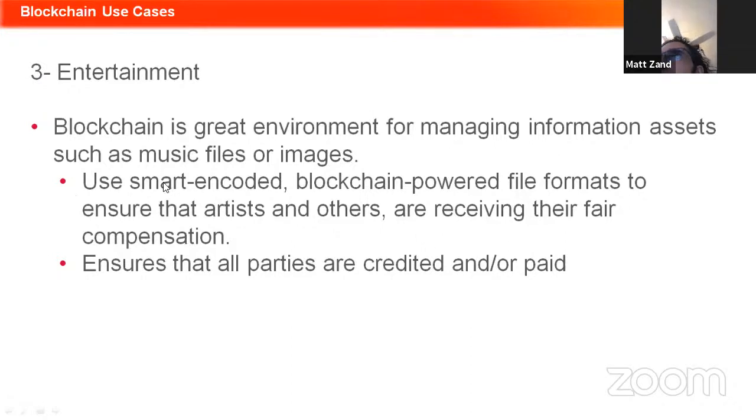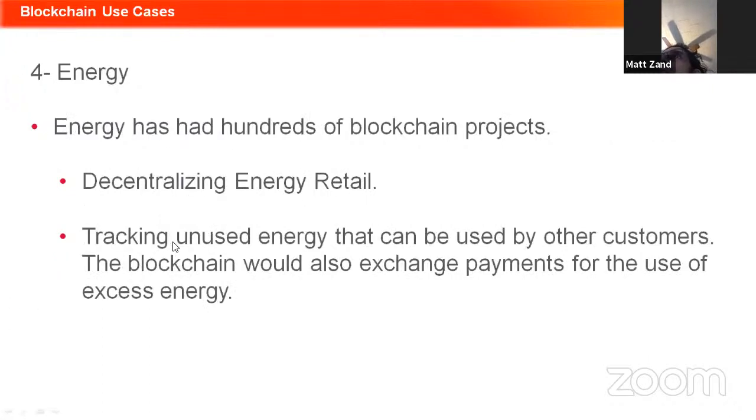So again, for content producers, like video, music, and entertainment producers, they can use blockchains to their advantage to tokenize their work and keep the royalty of the asset ownership. And there are so many ways that the energy industry can use that. One of the most notable ones is that